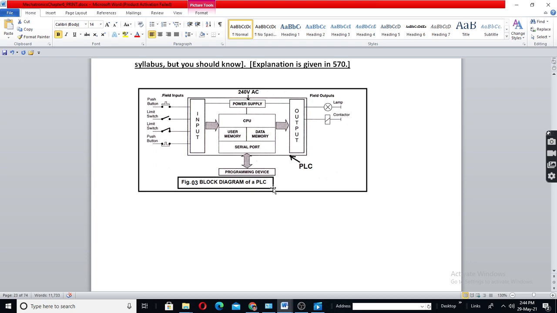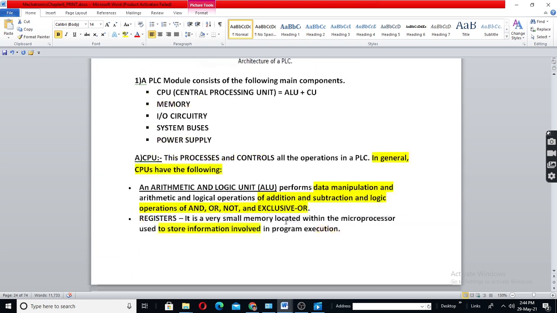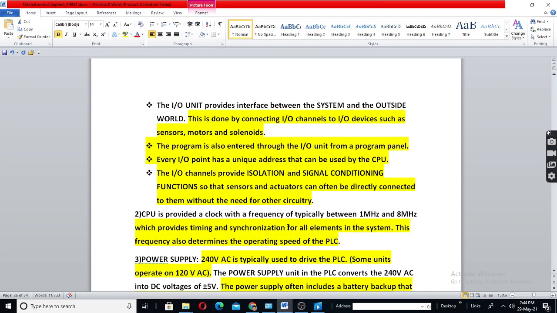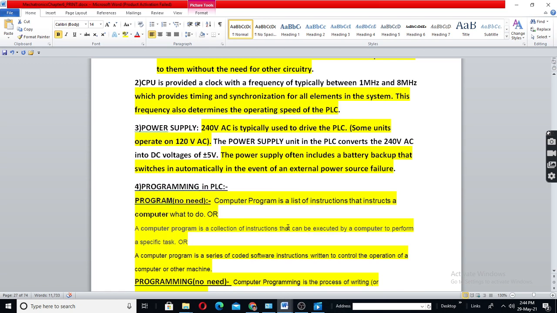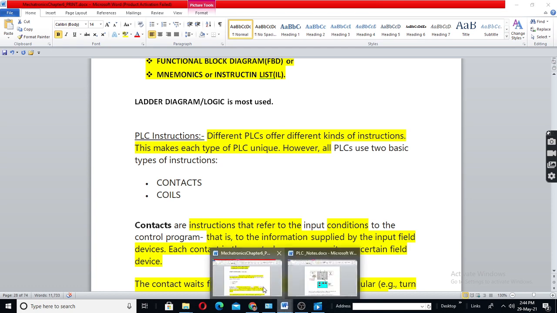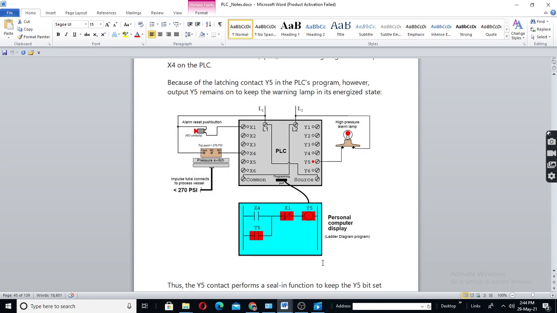and you should give the command run. When you give the command run, the PLC will begin its scan cycle, and the controller will be continuously in a loop. It will be continuously executing the same program. You can write only one program at a time. Only one program can be